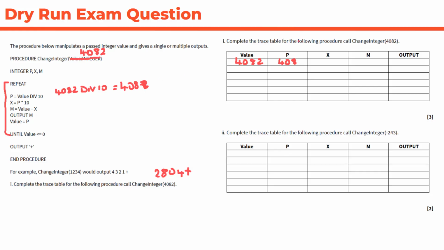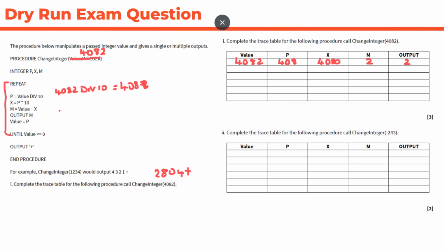So what is 408 multiplied by 10? Well, that's 4080. Then it says M is the value 4082 minus X, which is 4080. And if you take them away from each other, you'll be left with 2. Okay. Then we output whatever the M value is. So M gets outputted, and that is